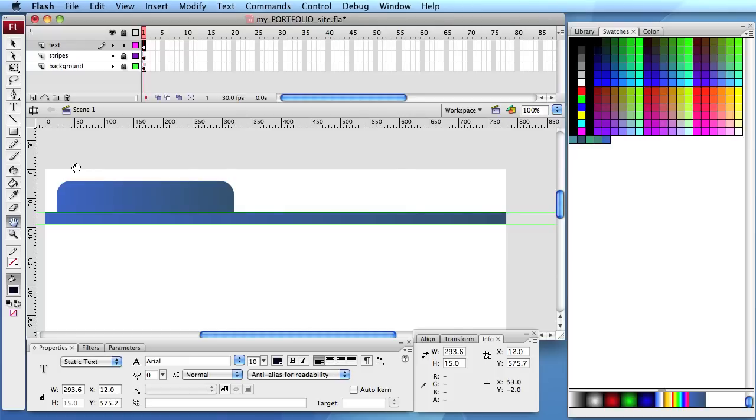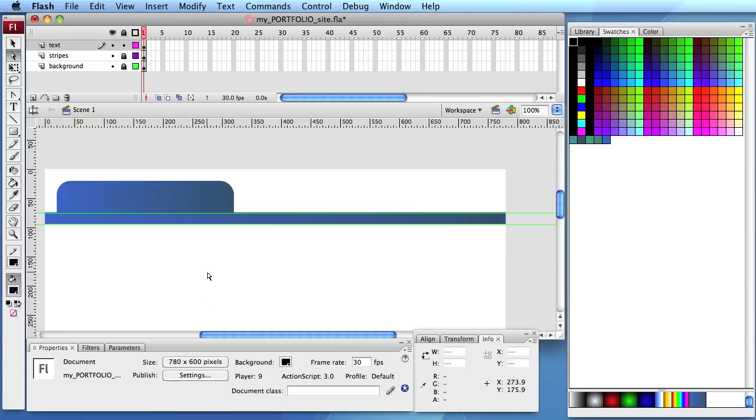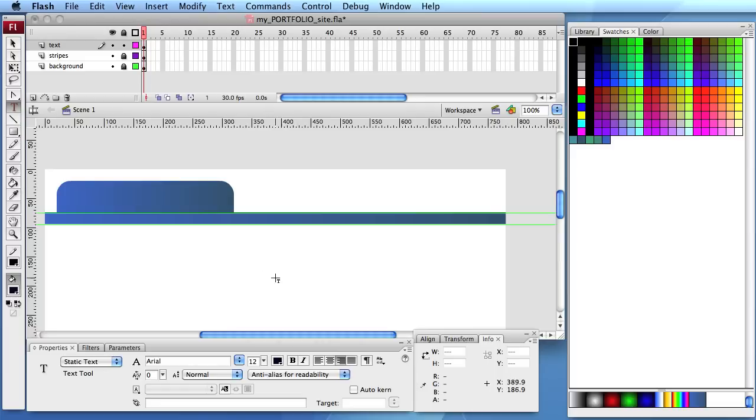So to do that, we're going to change the size of the text to 12 point, and we'll make sure the letter spacing property is set to 0. And then we'll click and start adding information. I want this to be aligned right. Come over here, click, and we'll type in Charlie. I don't have my type tool selected. There we go. Charlie Chaplin